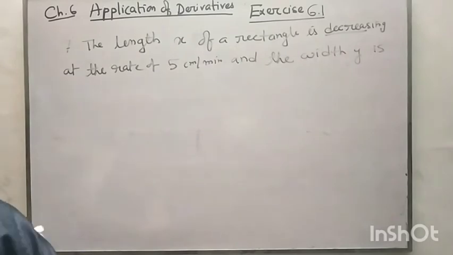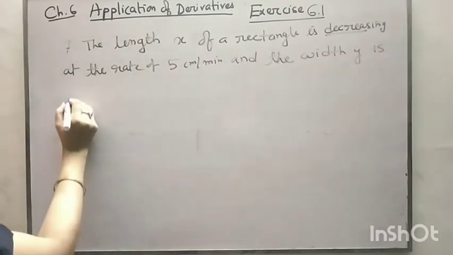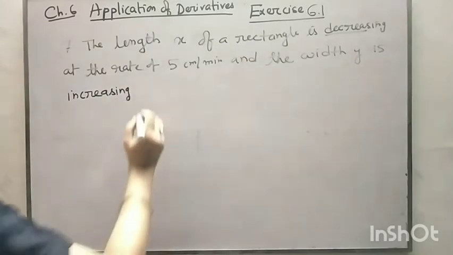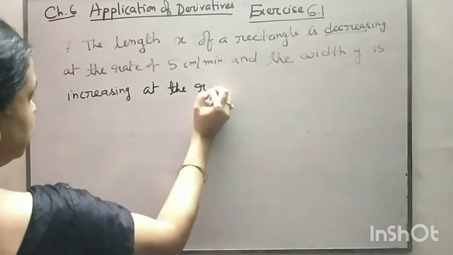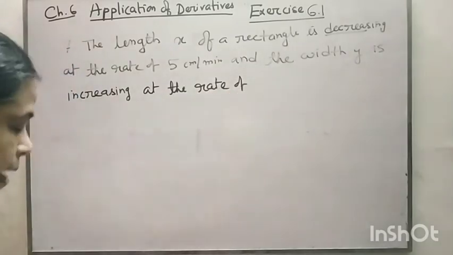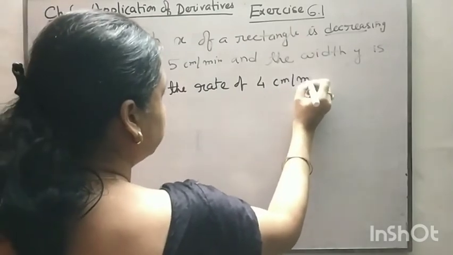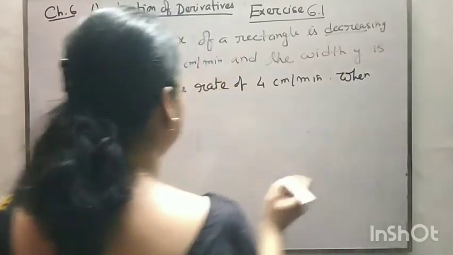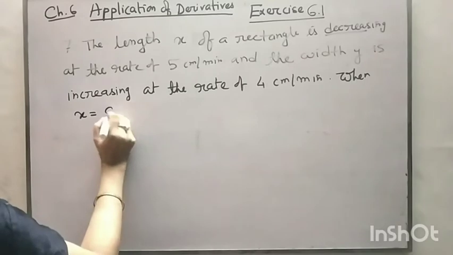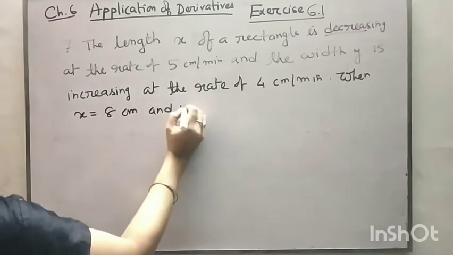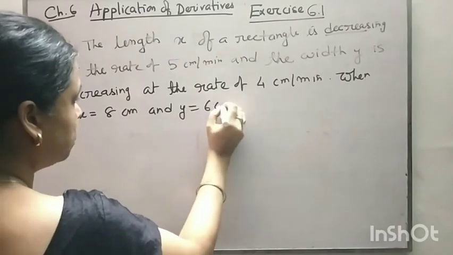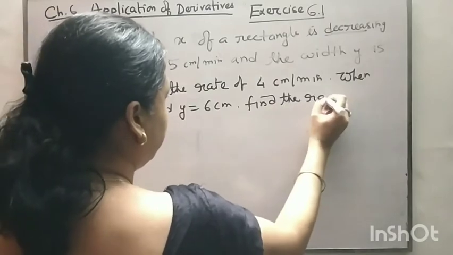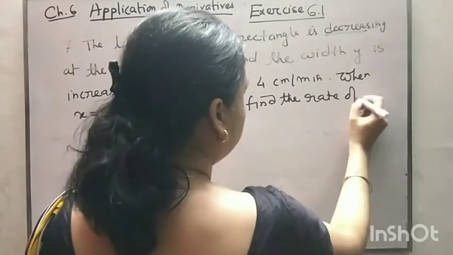The width y is increasing at the rate of 4 centimeter per minute. The question is, when x is equal to 8 centimeter and y is equal to 6 centimeter, find the rate of change of